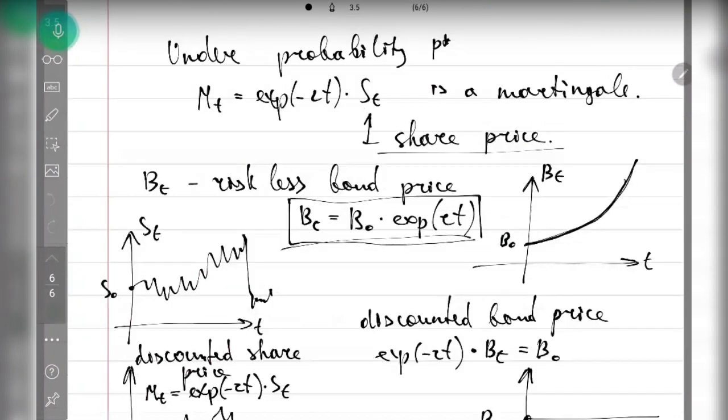Let's solve the following problem. Okay, imagine that I have organized a tricky trading strategy. Here is time 0, we are at 0. After 1 year, I promise you to pay, for example, you will receive $1 if